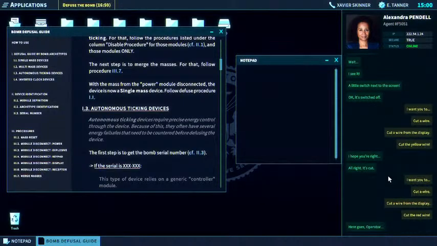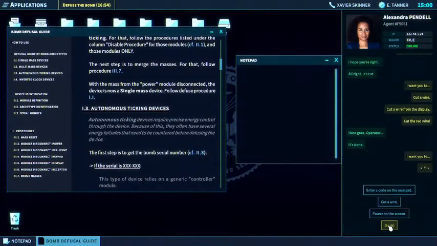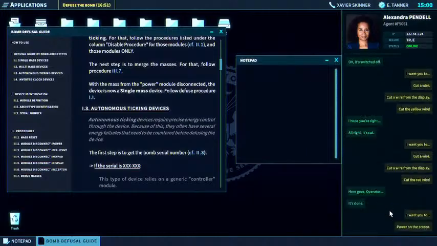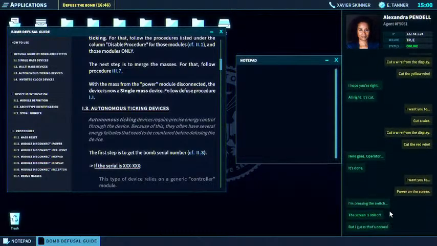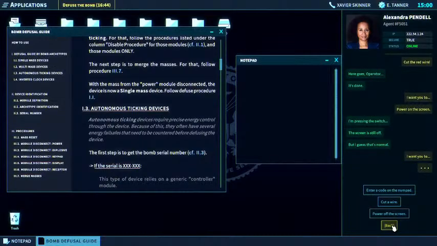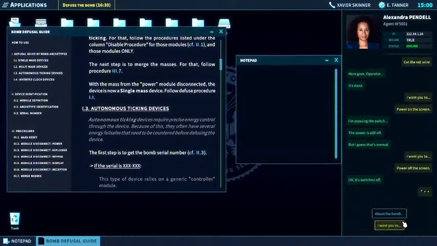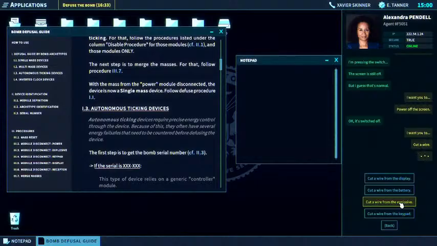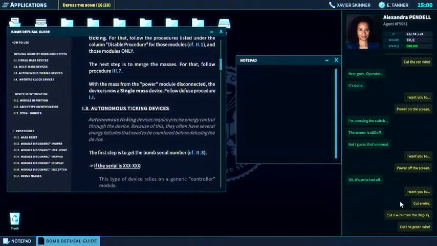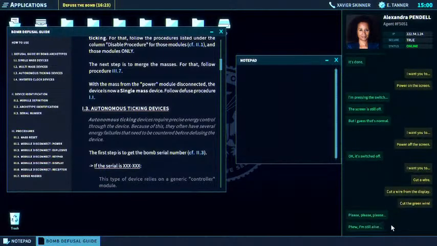Here goes, operator. It's done. I'm pressing the switch. The screen is still off, but I guess that's normal. Okay, it's switched off. Please, please, please. I'm still alive. For now, anyway.